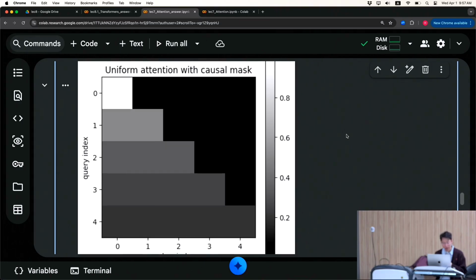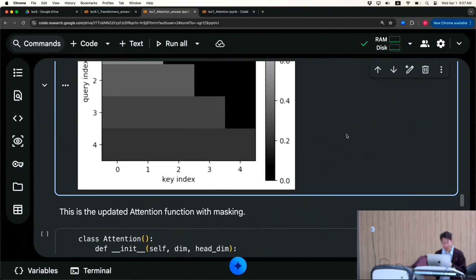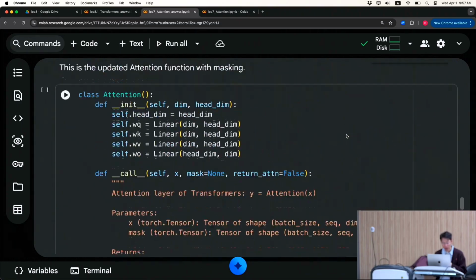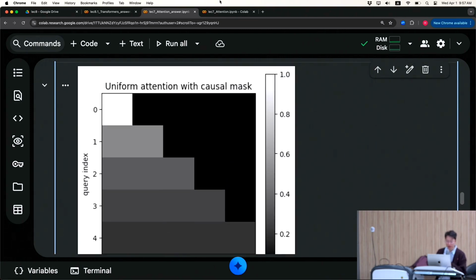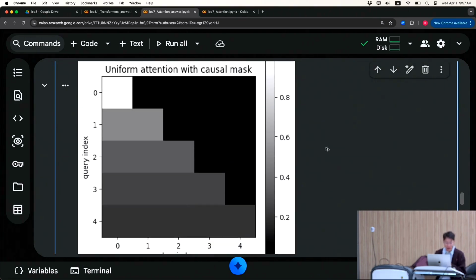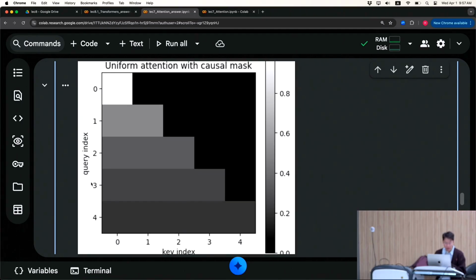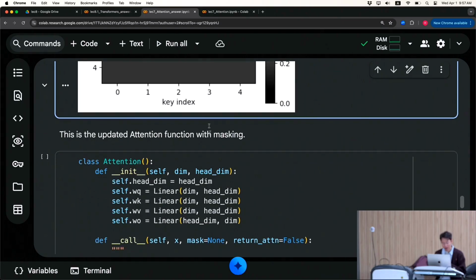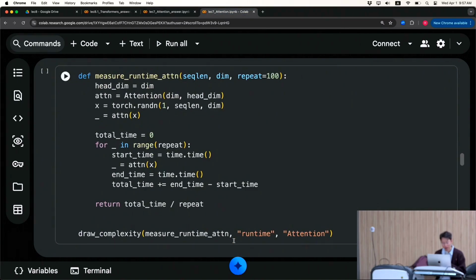So for example, there's a to-do here, and just to give you an example, query 3 can attend to everything until itself, but not past itself. And query 1 cannot attend to any of the future tokens, and so on. So the exercise here is